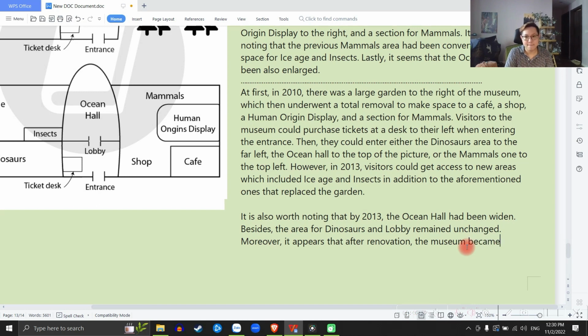museum became more symmetrical. Cái từ symmetrical này là nó giống như là hai bên đồng nhất rồi đó, hai bên nó đối xứng cân xứng nhau. The museum became more symmetrical than before. The museum became more symmetrical, and then I can write with the left and right side being